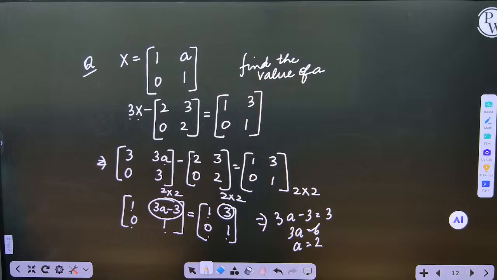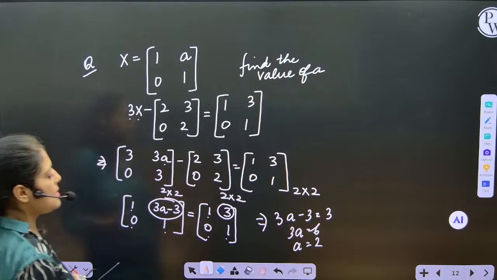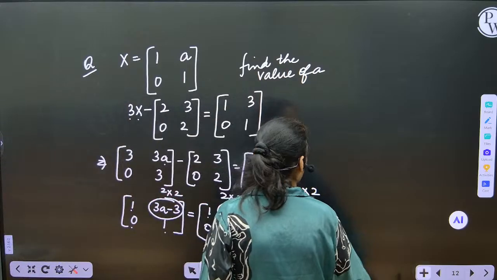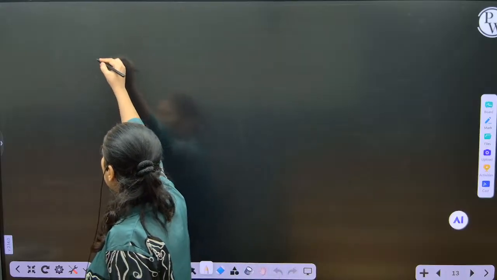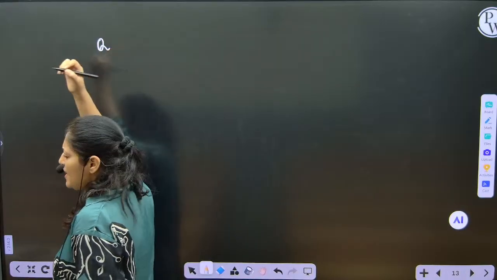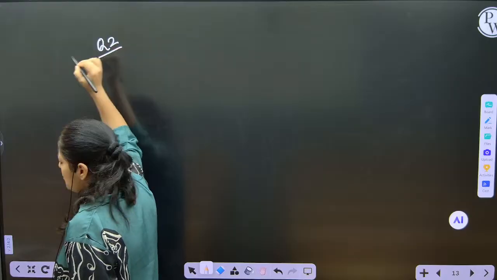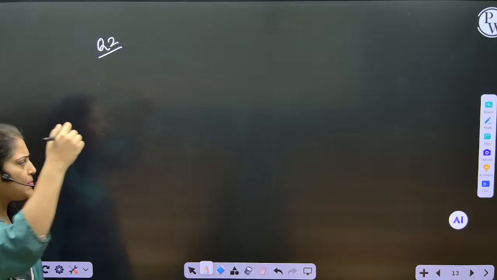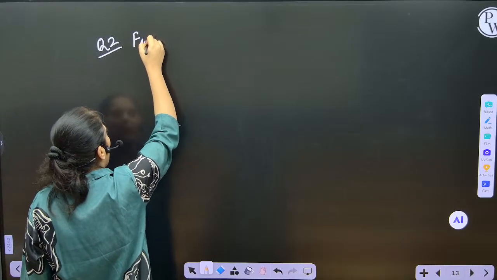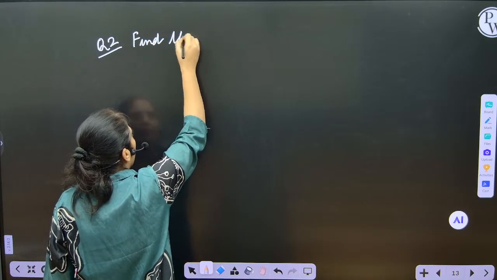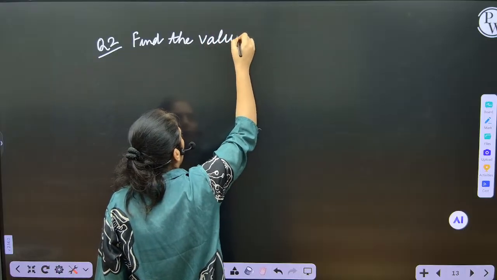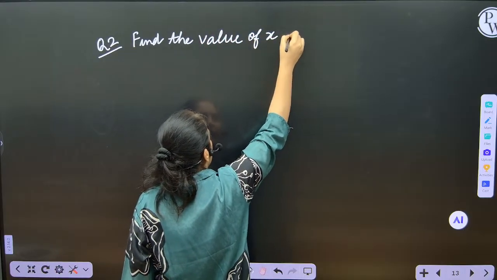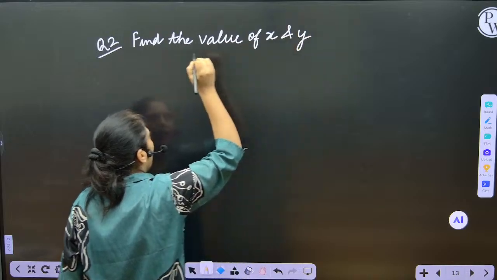One more question I'm doing on the same basis. Now the question is, the pattern is a little different, but the steps depend. Whatever the operation they are asking us to apply, we'll apply the question and we'll apply the steps. Find the value of x and y. Find the value of x and y if